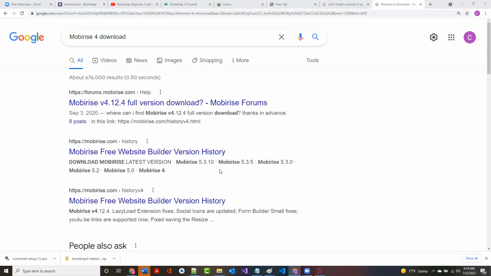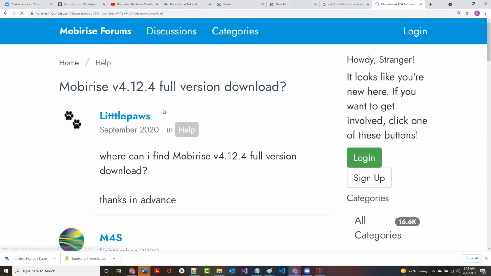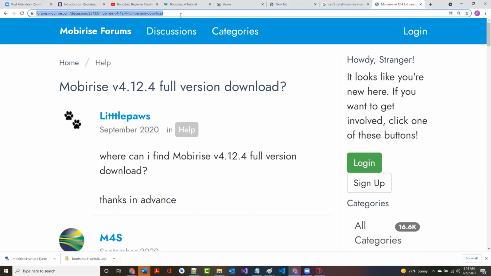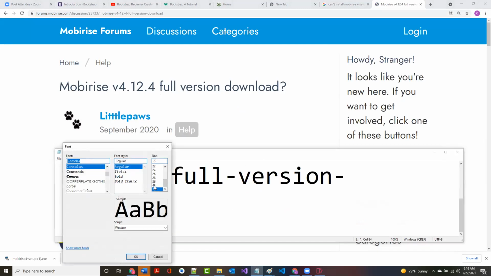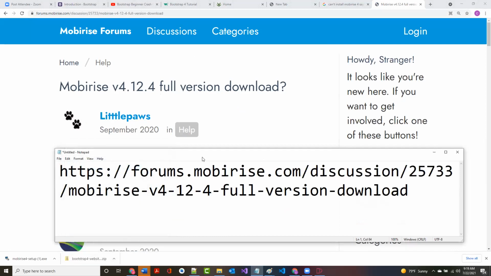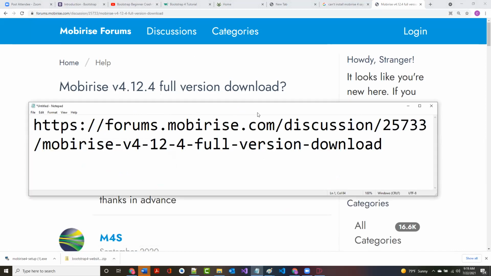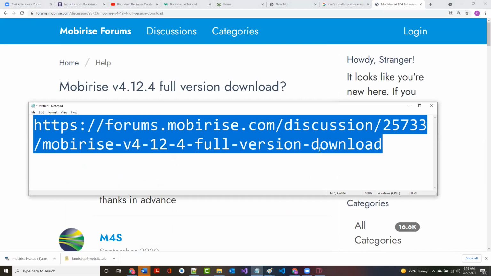Now, for the person who said they can't load it, this is where I got that link from. This is from a MobiRise forum. So let me just show you this quickly. I got it from this link right here. This is too big, so I got it from that link. You don't have to type that in. All right, I can show you that link. I can put this out in the chat as well.